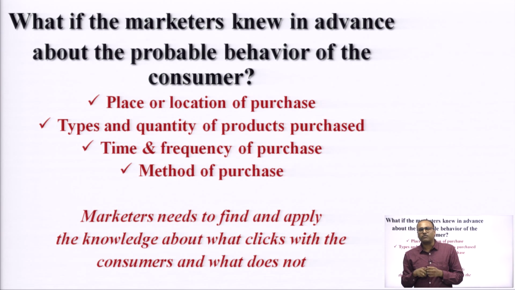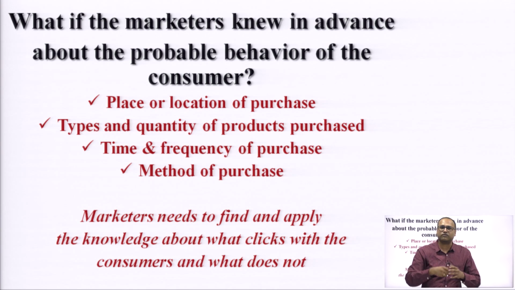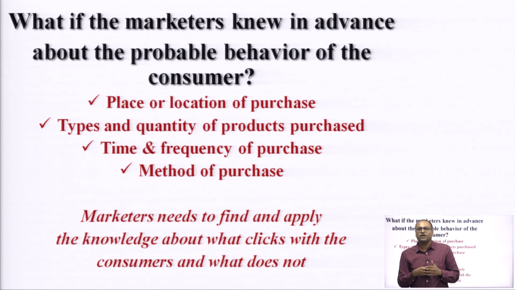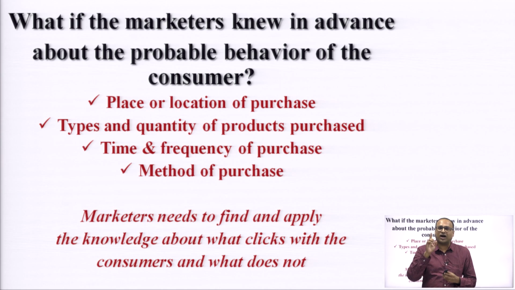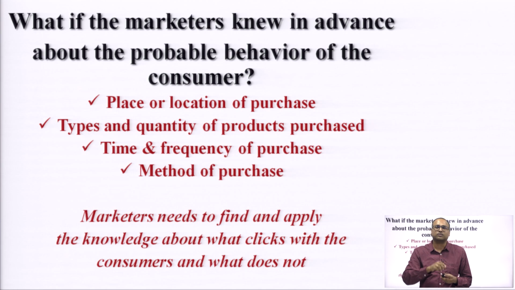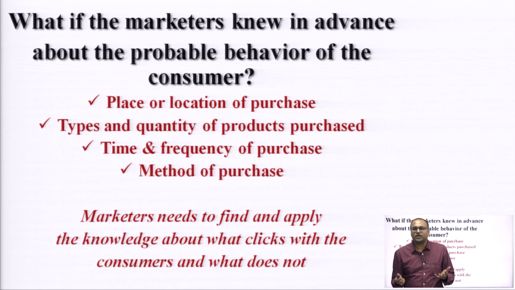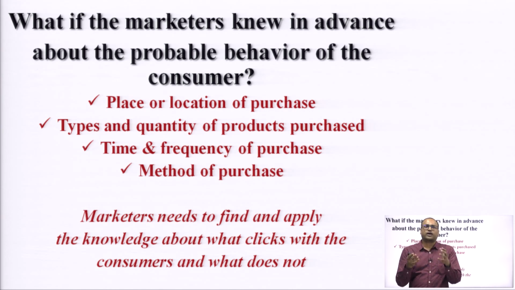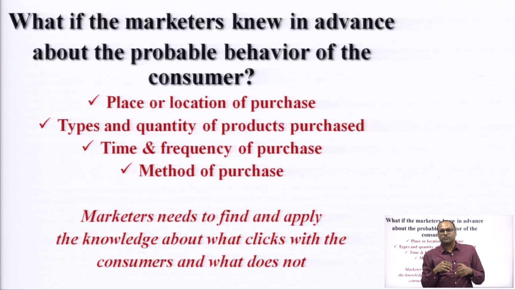What about the offline platform? Definitely you have a kirana store just at the corner of the road where you go often and you buy certain products. He knows what you buy. He knows what brand atta you buy, what brand maida you buy, what brand salt you buy, what brand water you drink. So, when he knows this, definitely he can serve you better. He knows your quality, he knows your perception, he knows your frequency of how you buy. He knows the time when you come to his shop. He knows he will put the particular product ready for you. He also knows the method of the purchase.